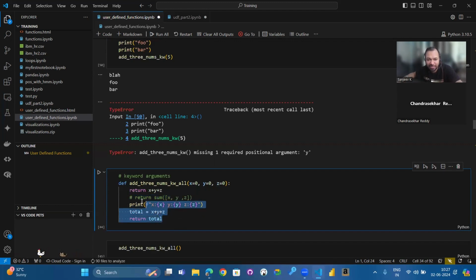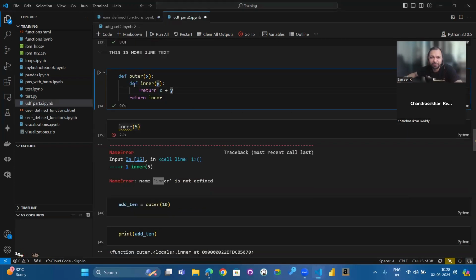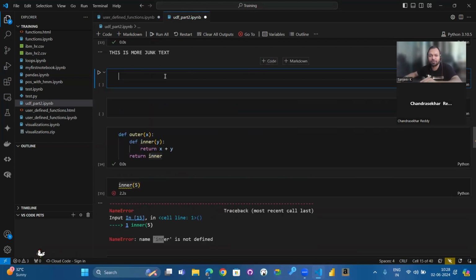You notice the hierarchy. All of this is present in the same indentation. Because it is present in the same indentation, this part of the code will not get executed. Now we'll do something new. What we'll do now is I will take one outer function and I'm going to return another function. Let me write it again for you.